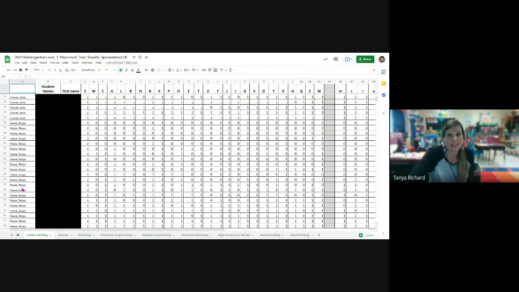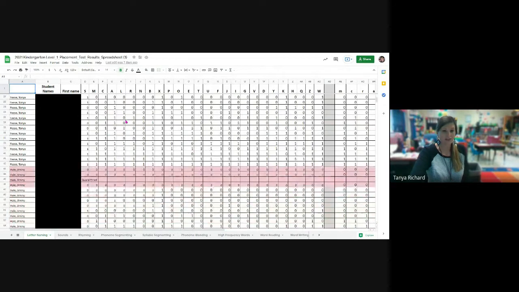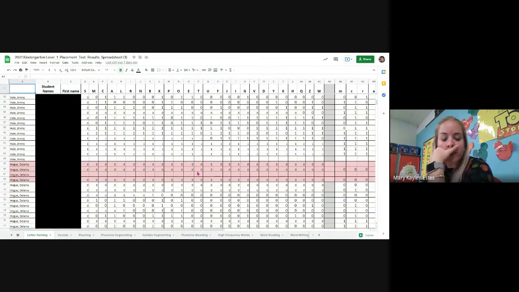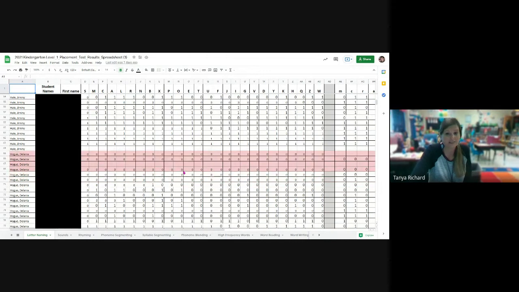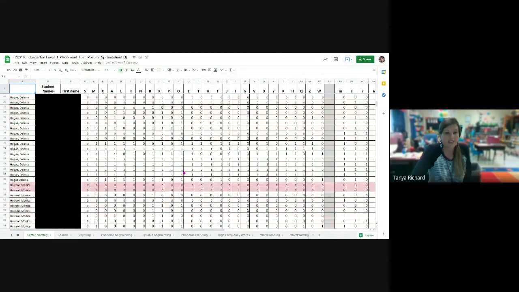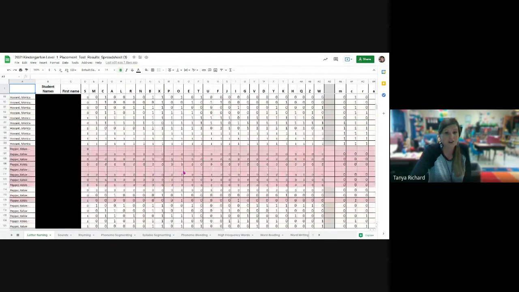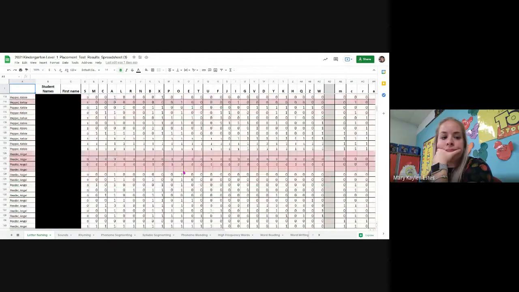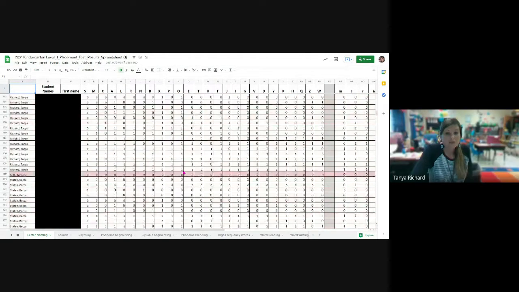We found that where they did not have preschool last year, their scores are really low. You can see across the board, all the red ones mean they knew nothing. Zeros. Not a single letter or sound. So there are tons of zeros across the board. So we're going to use this data to make our RTI groups.